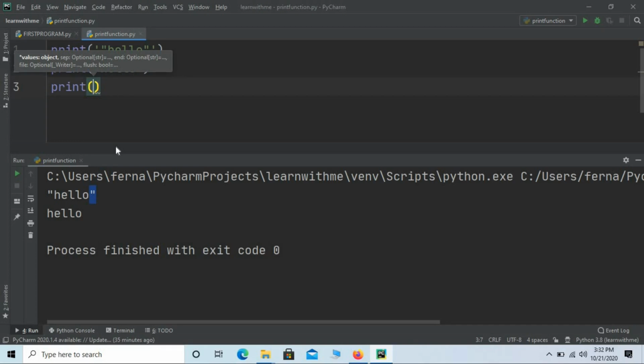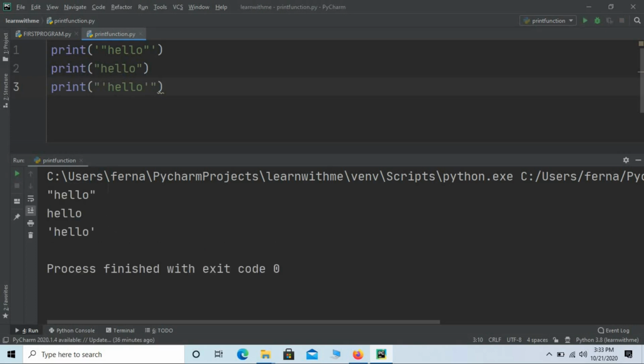Now since I want the message to be displayed in single quotes, for the print statement I will use the double quotes, and then I will use the opening single quote. I will type hello. I will close the single quote. I will save my program, Control S, and I will rerun my program.